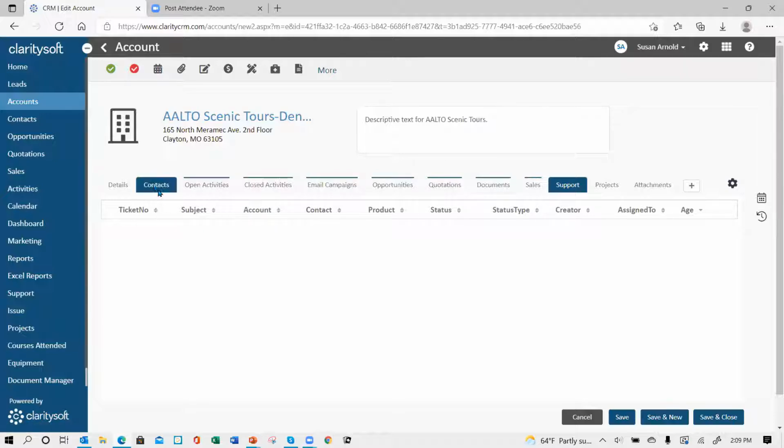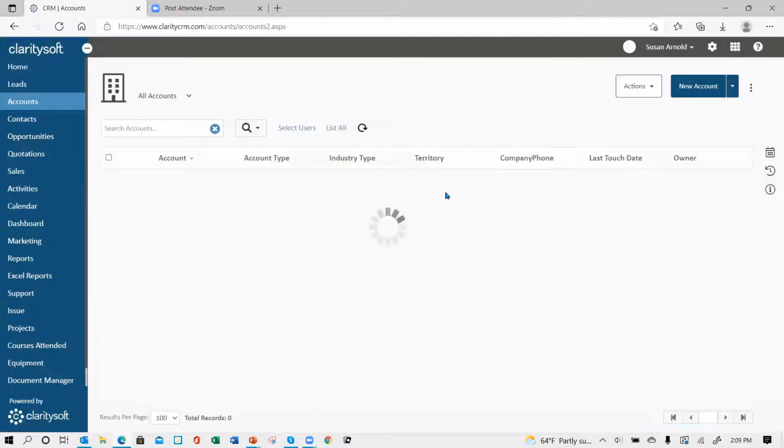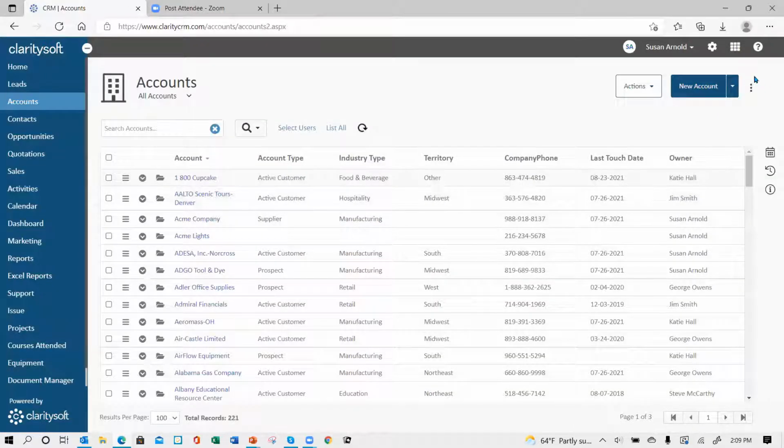All right, so that's your visual cue that there's something under a tab if it has that dark line above it. If I say I don't ever use support or my company is not using the support module, I can choose to remove this from view. So what I do is just cancel out of here and go back to my list view, go back to the